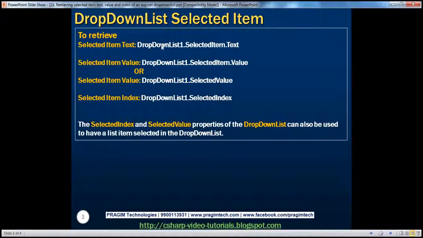In dropdownlist1, that's the ID of the dropdown list. SelectedItem is whatever the user has selected, and that item gives me the Text property. Similarly, if you want the value, you can just say SelectedItem.Value. Another simple way to get the selected item's value is to simply use